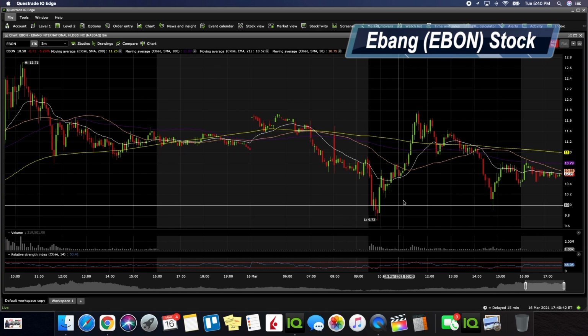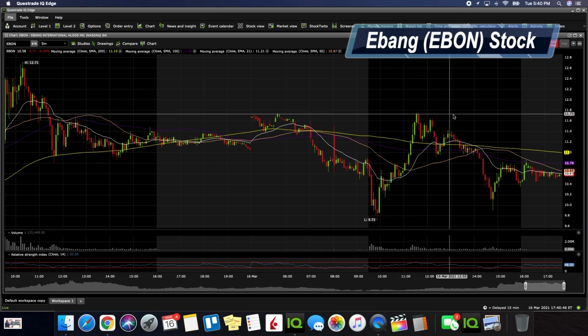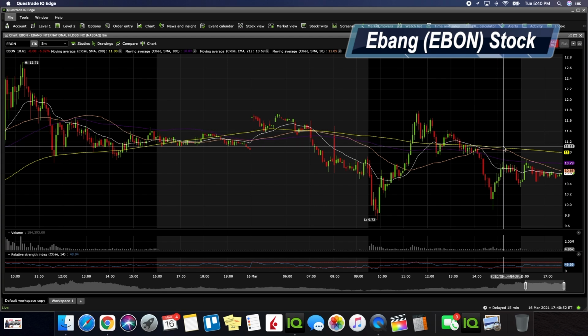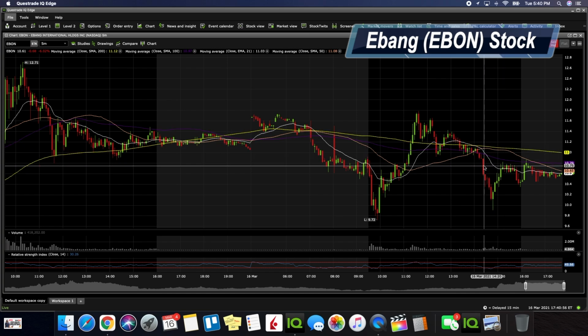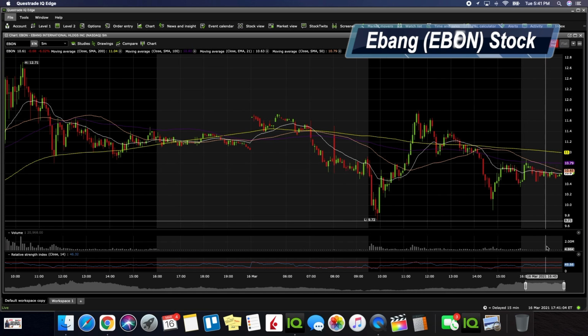So taking a look at what the resistance area was, we want to go what the next one was, right? So we could take a look right here. We see $11.42. We see another resistance area here at $11.10 and call it that. And then as we go later on towards the day, and it made a bit of a run up towards the end, but ended up dumping, we had a resistance area here at $10.78.